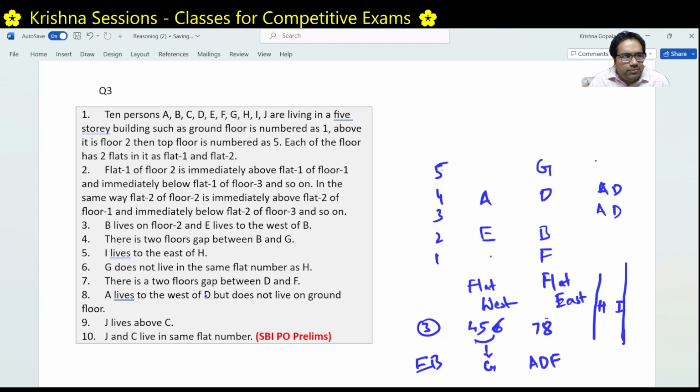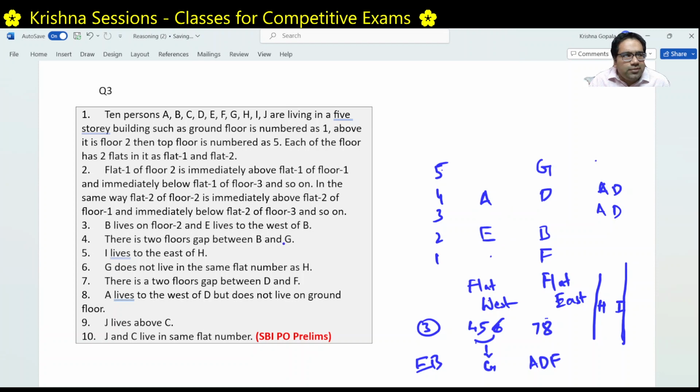Right. Because A also lives to the west of D, there are not many options. The fifth floor is not an option because G has already taken it. The third floor is not an option because two floors below is not possible. There should be a gap of two floors between D and F. Right. Now,